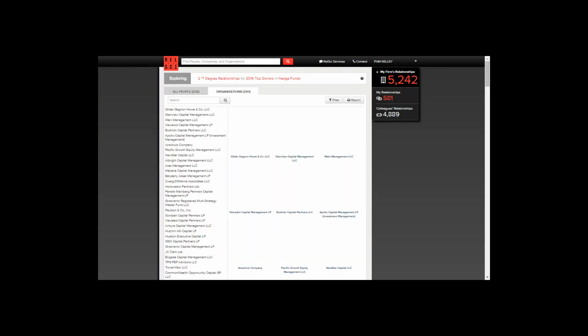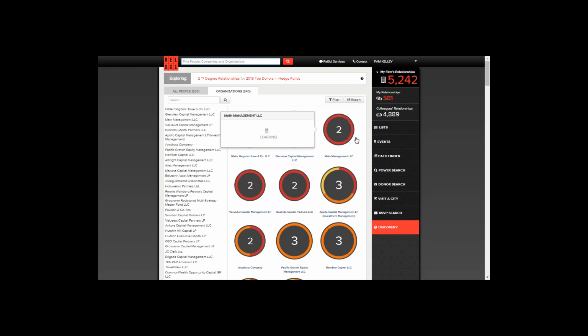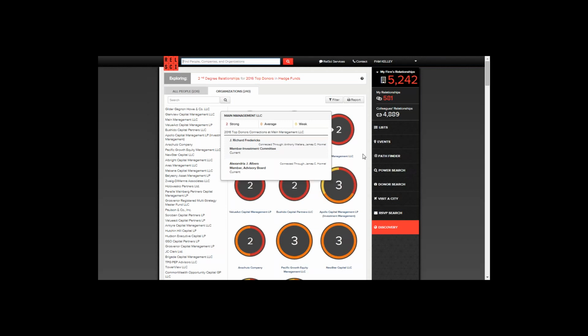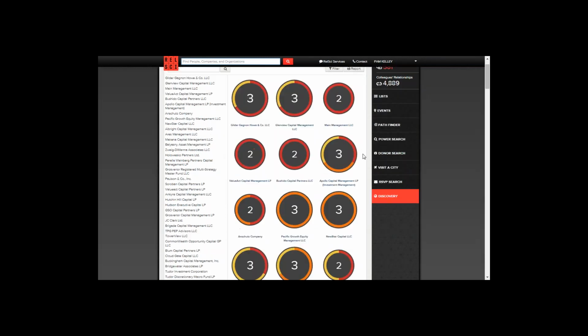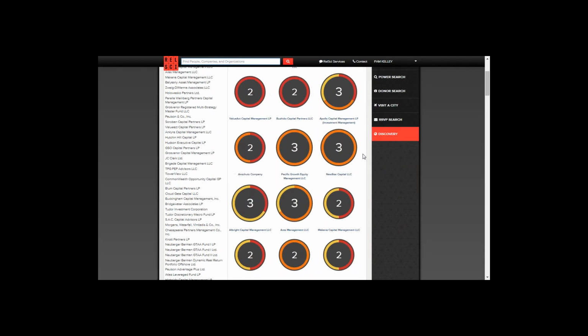So I just click hedge funds, and now it's showing me by organization. I can hover over the line. Looks like we have strong connections at Main Management LLC. I can scroll down here and see what other hedge funds my donors can possibly get me an